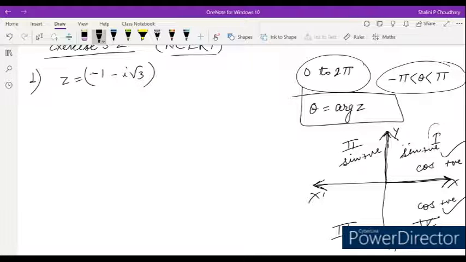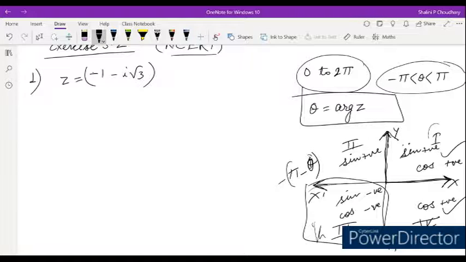Now this is the quadrant in which cos and sin both are negative, because x dash and y dash are both negative, so sin is negative and cos is negative. So whenever we talk about this third quadrant, we will talk like that. I mean it will be minus pi plus something, so whatever the value is, we will subtract from this. And this is the second quadrant, so up to the second quadrant we will consider pi, and for the third quadrant we will consider minus pi. Now we'll talk about the question.